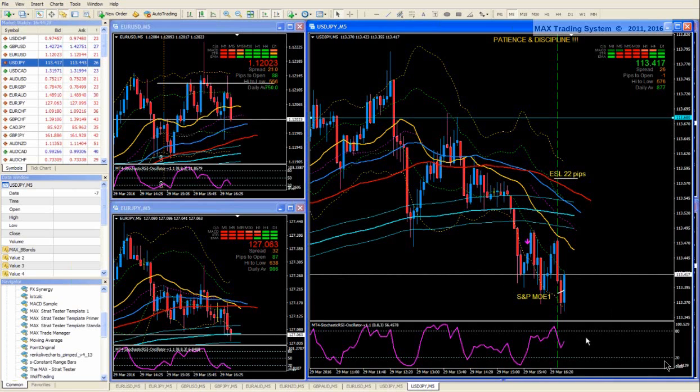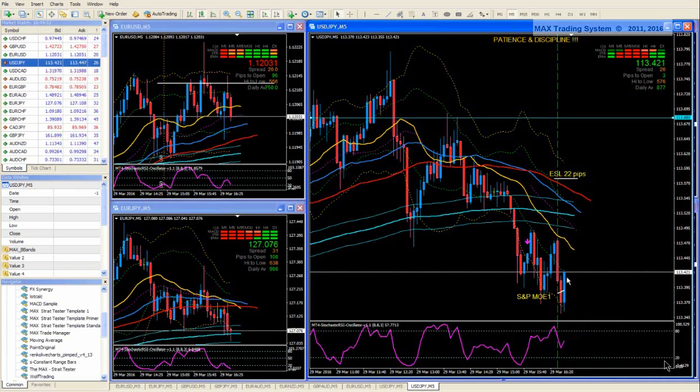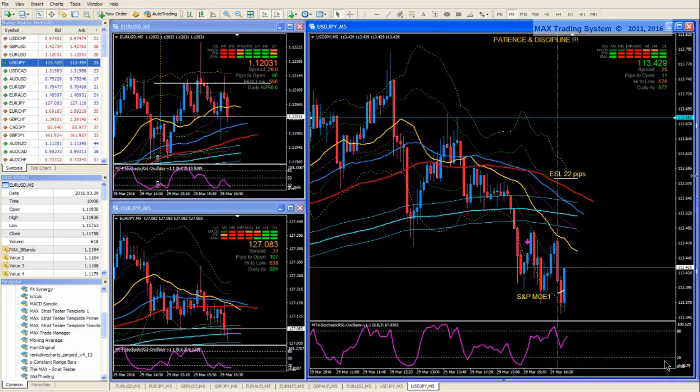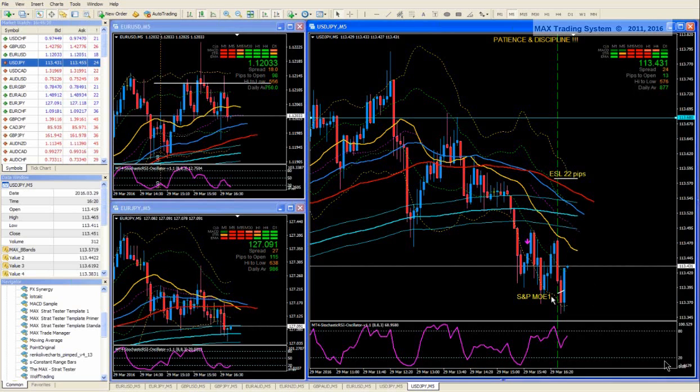And you see, this is a typical situation we face always and always. A valid entry setup appears, we open the trade, and then almost immediately the price goes against the trade. And this is where many traders will feel a lot of fear, and will scratch the trade in order to make a loss as small as possible. But when we have a 75% winning average, and considering that these pullbacks are normal, considering that the risk on the stop loss is very small, for example 1%, why panic when the price is making a pullback?